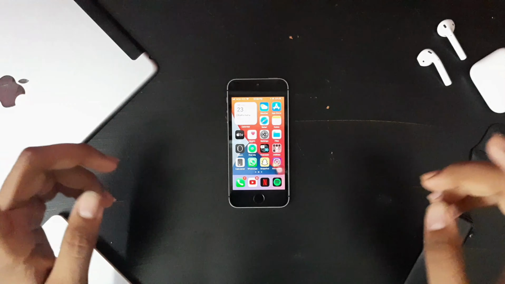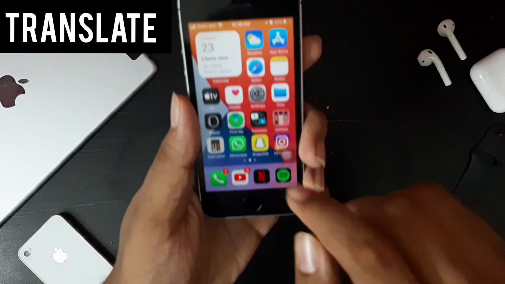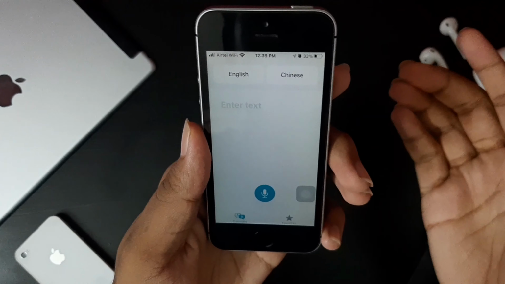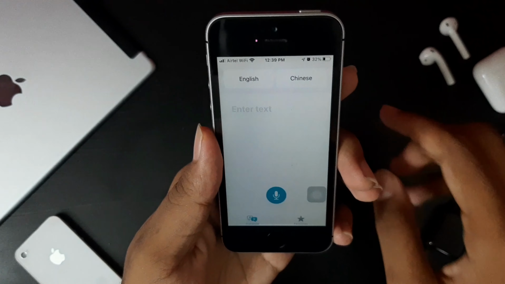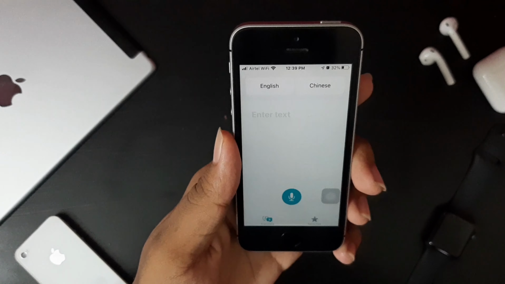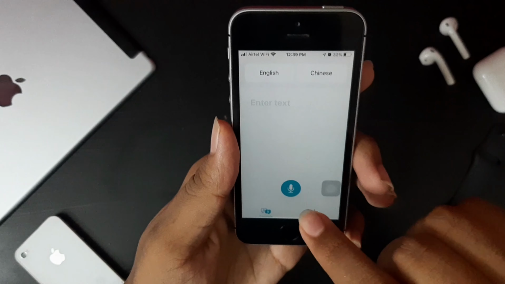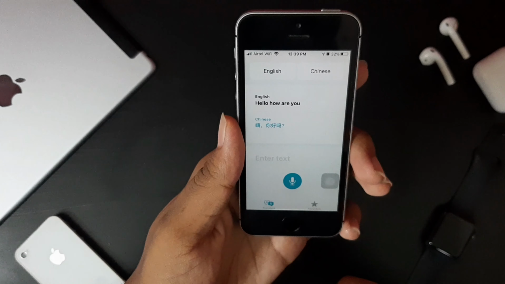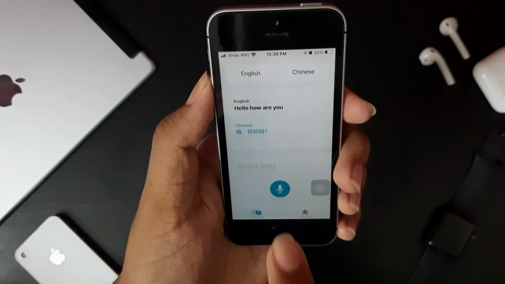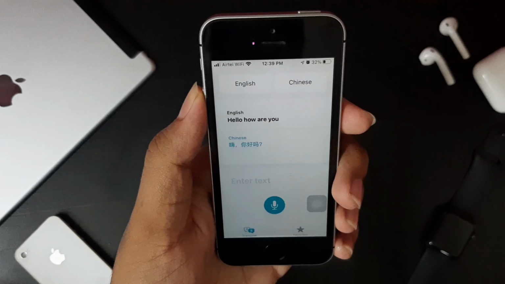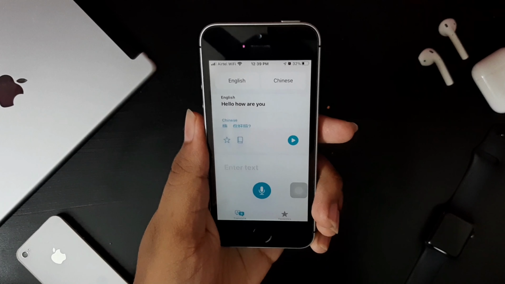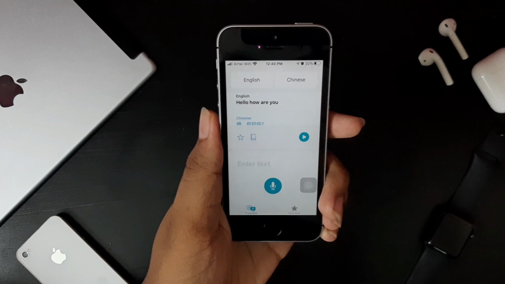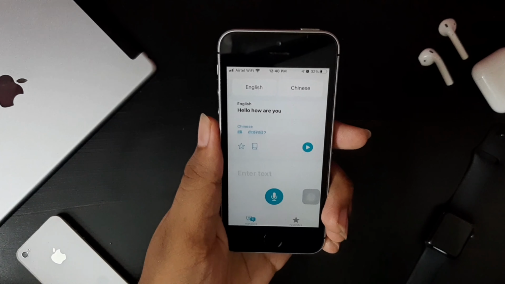The next feature is basically an app, Translate, made by Apple. It's over here. If you are in another country and don't know the language, this app would be pretty useful. If you speak English and don't understand Chinese, you can simply speak any text like, "Hello, how are you?" It would simply reply in Chinese, which would be a great feature while communicating with others. Not only can you see the text, but you can also have it read out loud, like this. It would be very easy to communicate with others.